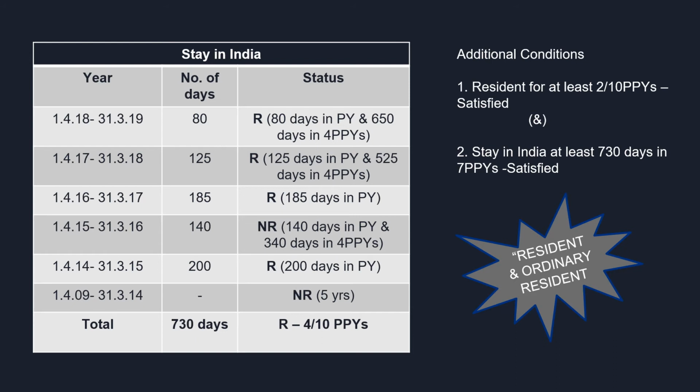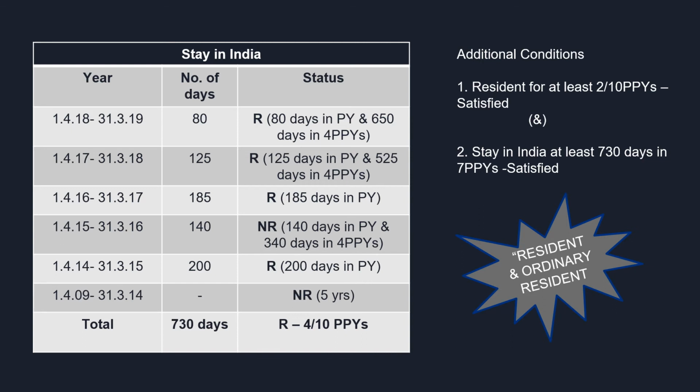The first basic condition is stay in India at least 182 days. But here, Mr. Raj, in the year 2018-19, has stayed only 80 days, which means he has not satisfied the first basic condition. So, we move on to check if he has satisfied the second basic condition, which is